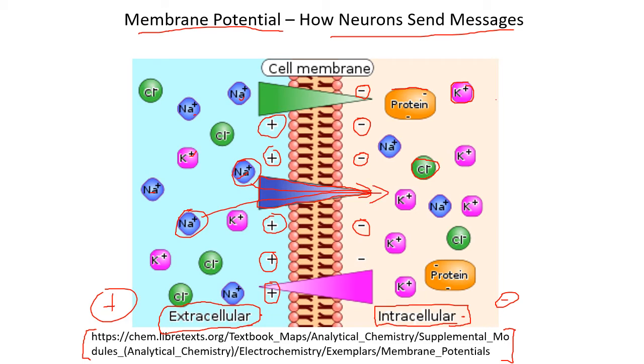They're going to move from outside to inside. And what this does is make the inside of the cell less negative, right? As our positive sodium is flooding into the cell, the inside of the cell is becoming less negative or more positive, because sodium has a positive charge,